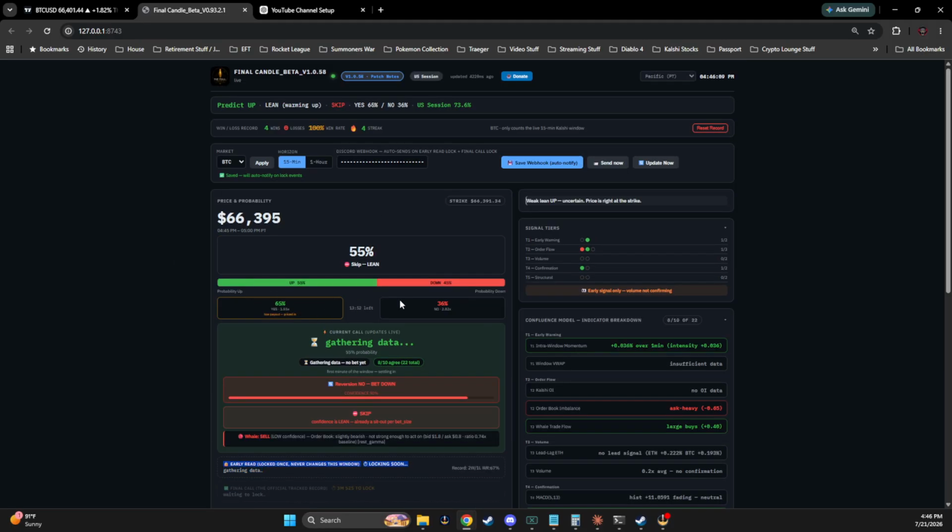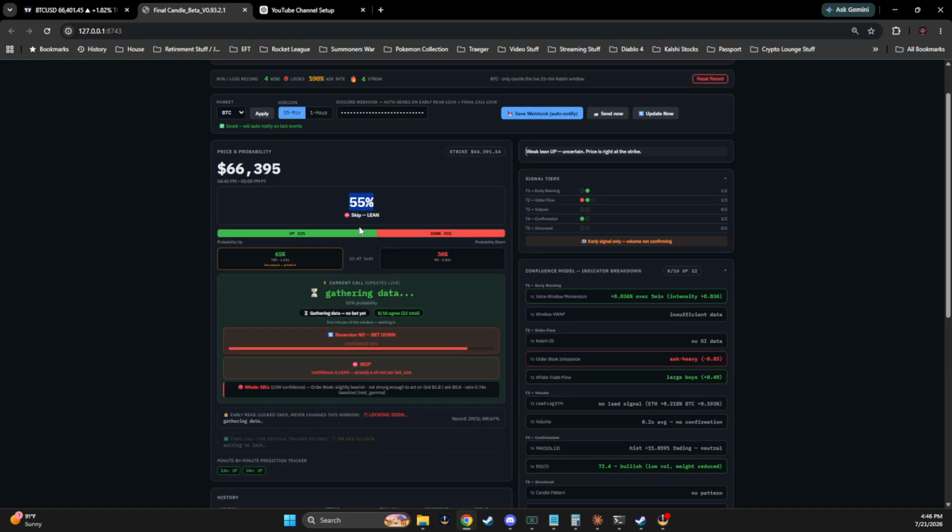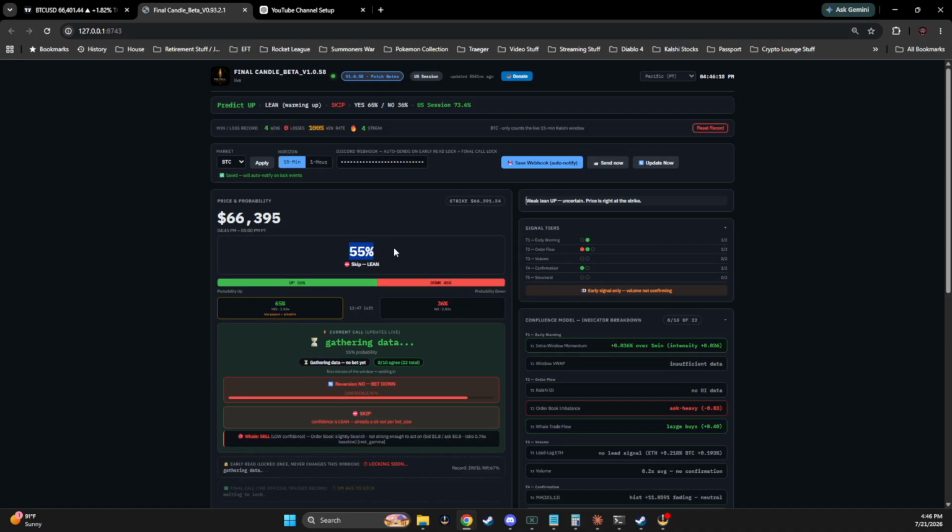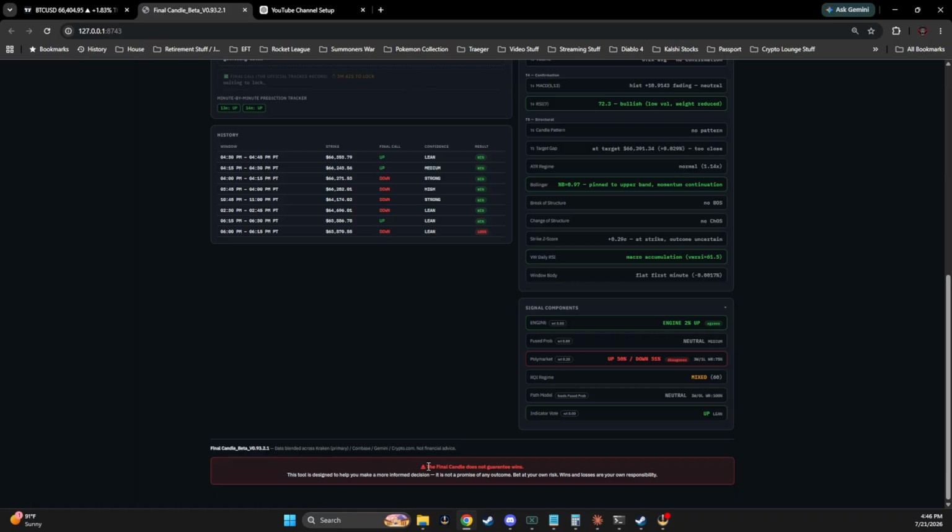It gives you what the yes and no currently are in the market, and what your skip or lean is. There are a lot more skips than anything. Obviously, you can still play them, but that's betting at your own risk, as this tool doesn't guarantee wins, but it does give you a chance to make informed decisions.